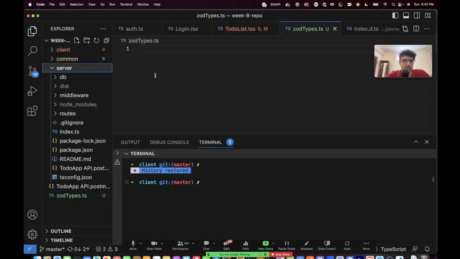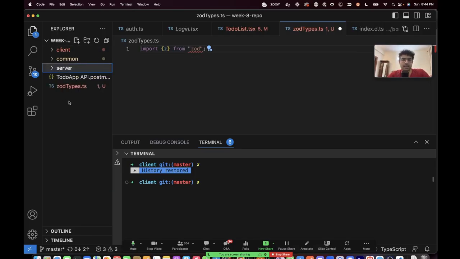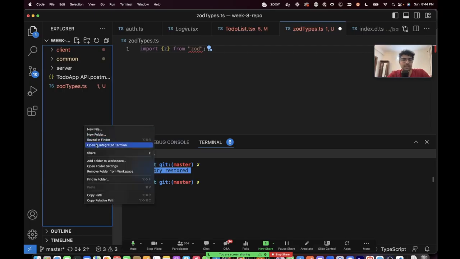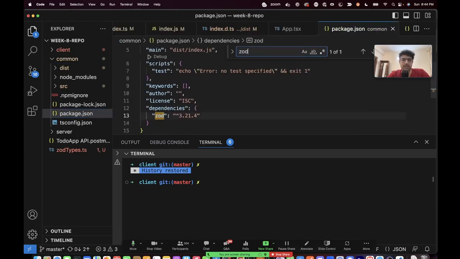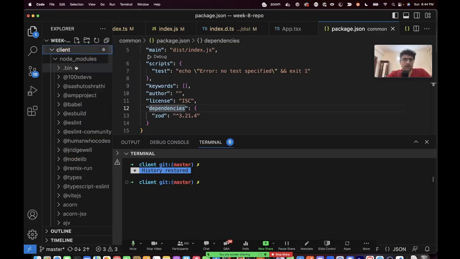The problem is, if I define a file here in Zod types.ts, export, firstly, I cannot use import z from Zod. If I try to do this, it will complain. The top level folder actually doesn't contain any package.json. You might say, okay, I'll just create a new folder and put everything there. Effectively, we have done that only. In common, we have created a new folder, added a package.json, added Zod as a type here. The only question you might ask is, okay, why not do, I think what you're trying to ask is, why not do